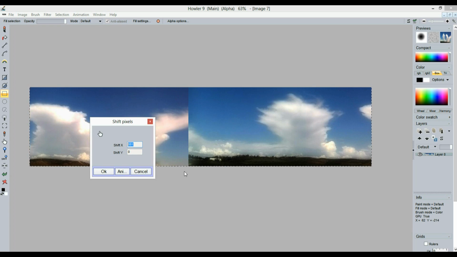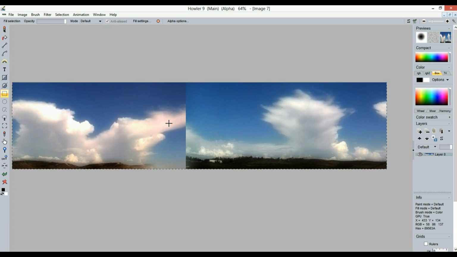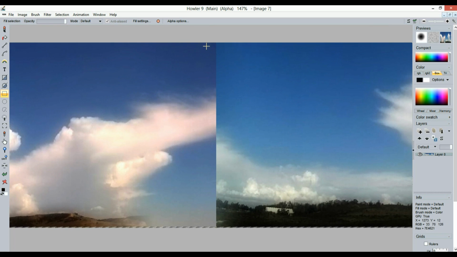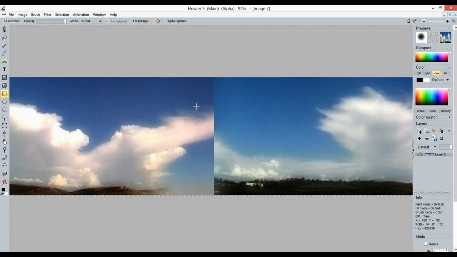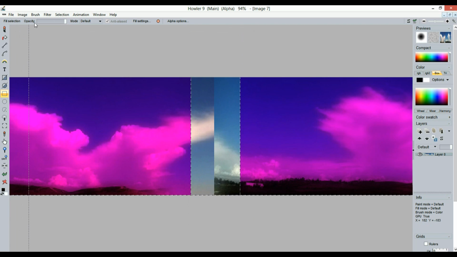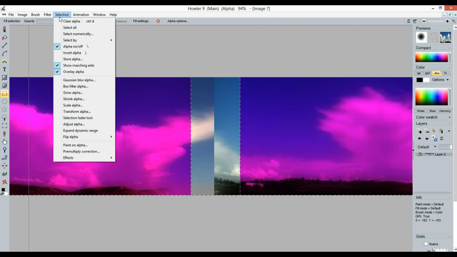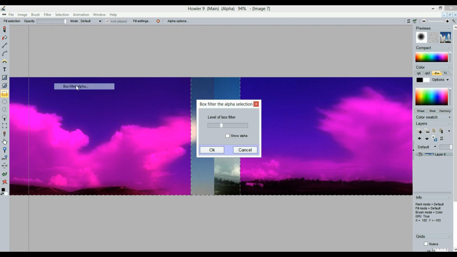Anyway, what you want to do is blur this section here just along this vertical cut line. You want to OK that, and then we'll need to basically blur this. There's actually a couple of ways to fix this now to make it seamless. One is the very simple approach is to simply select a portion of this here and then say blur that. You might even blur the selection first, and there's a Gaussian blur or the box filter for that, and with